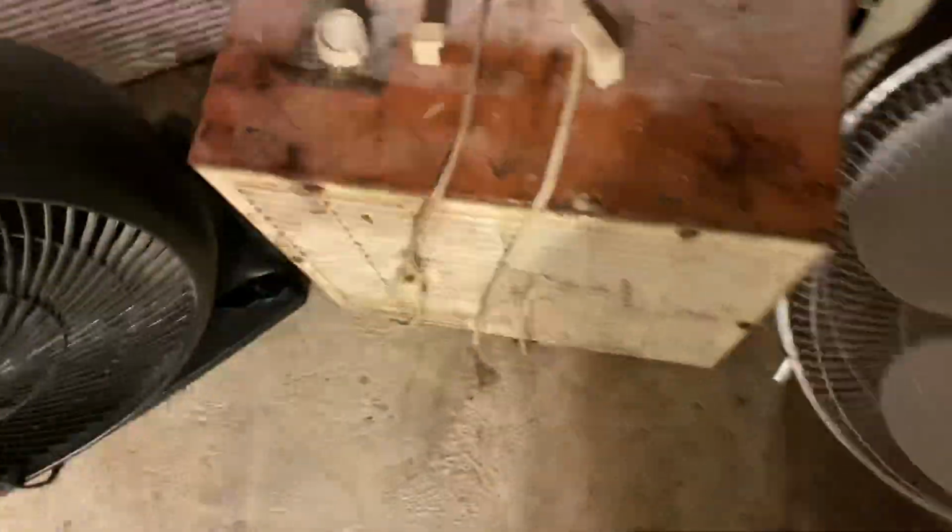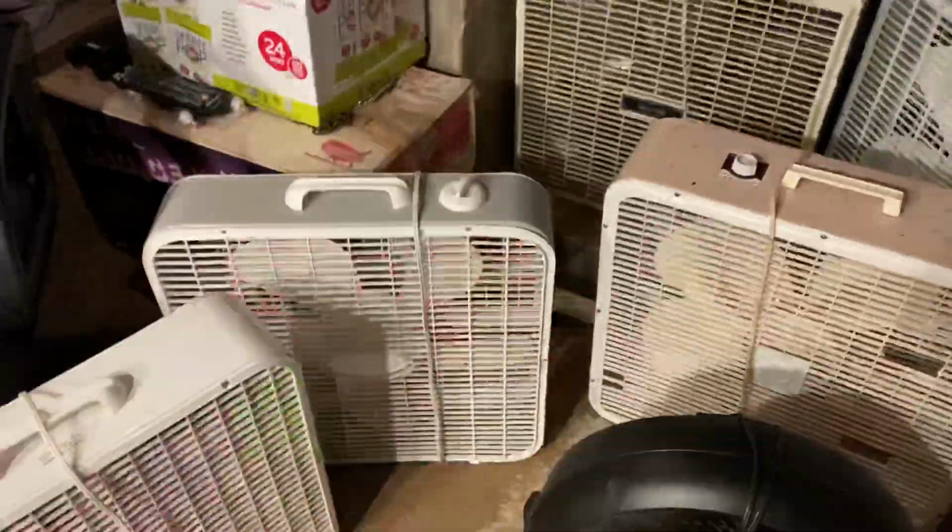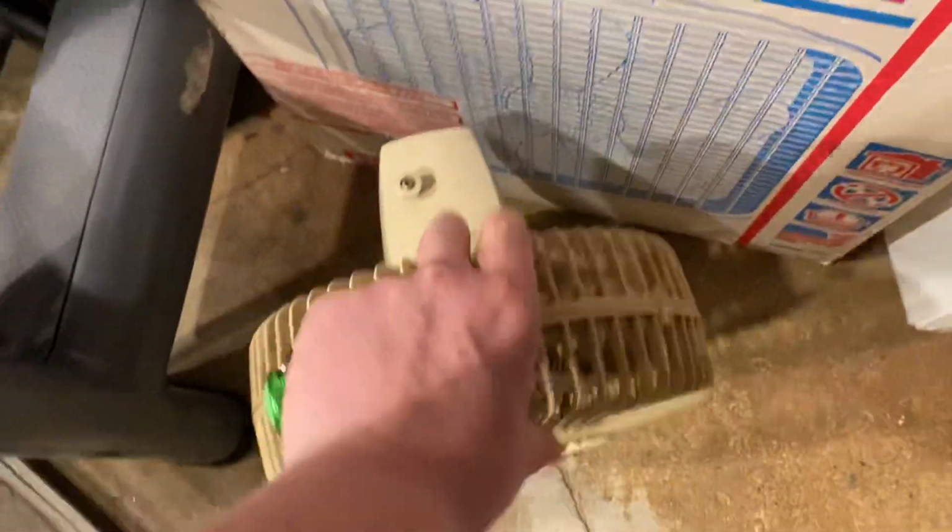But this would be a fun resto fan. There's some paint on the blades. Can't really see that, but this one has its cord too. Alright, what desk fan or portable fan would you... Well, I know these are portable, but... Well, I guess we'll... This guy will be last, because that one...